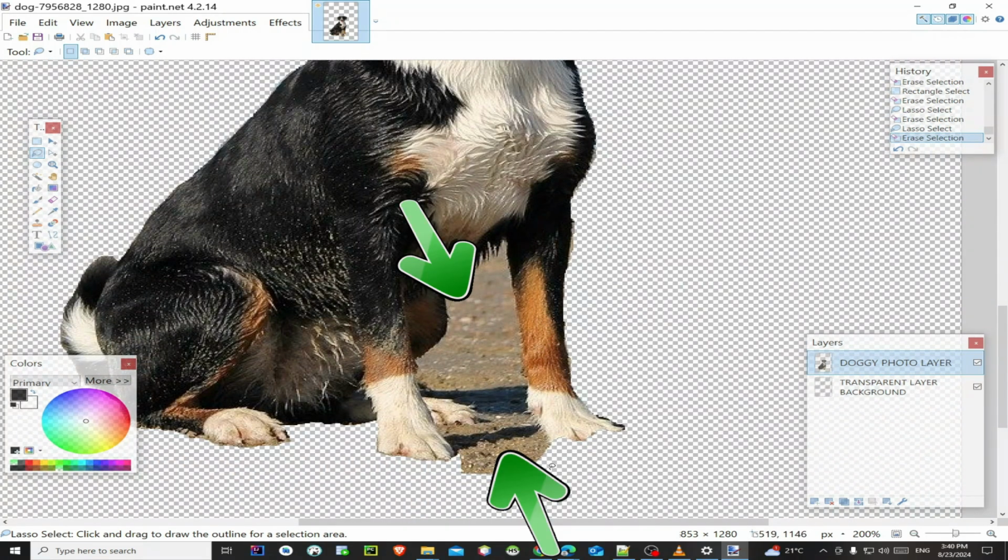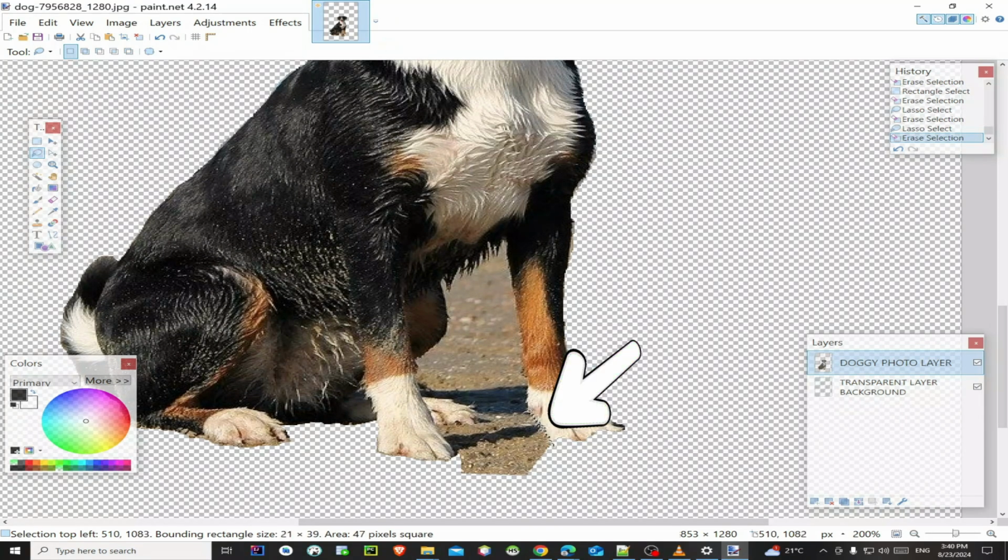This part here. So now to remove this, I'm going to run the lasso tool here. Left paw, yeah. Like this, like this. Hope you can see.